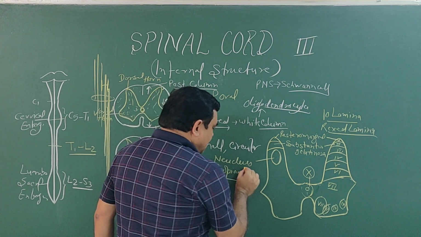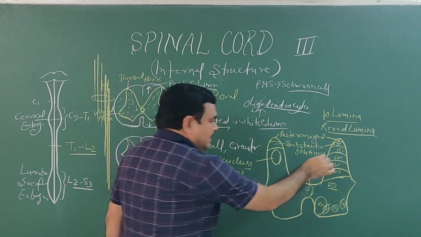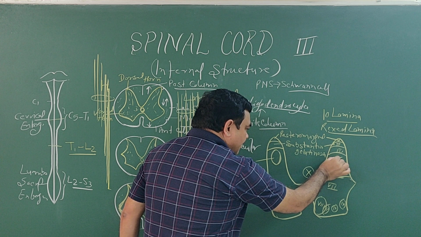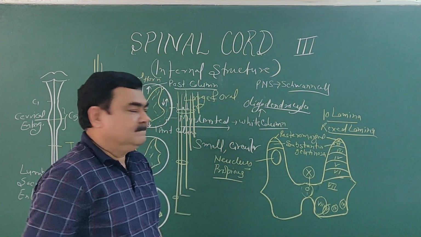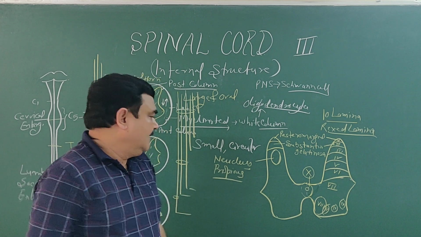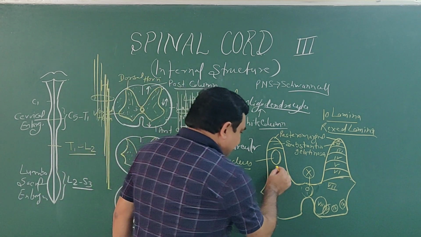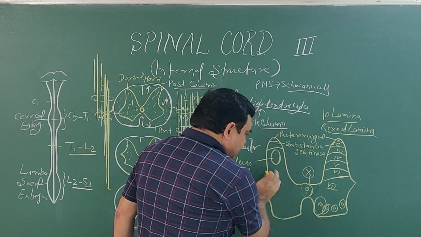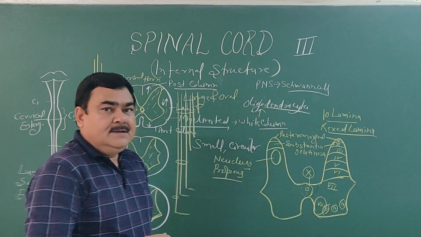So this is the nucleus proprius, corresponding to the 3rd and 4th laminae. Here are the 5th and 6th laminae. Here on this side there is